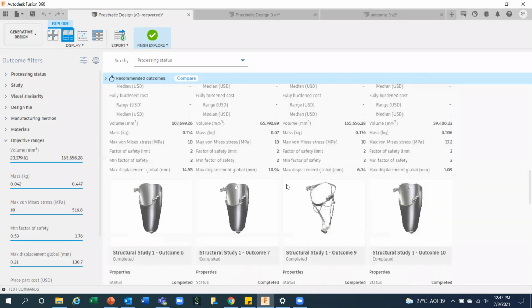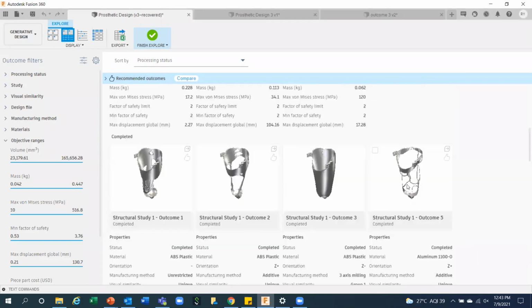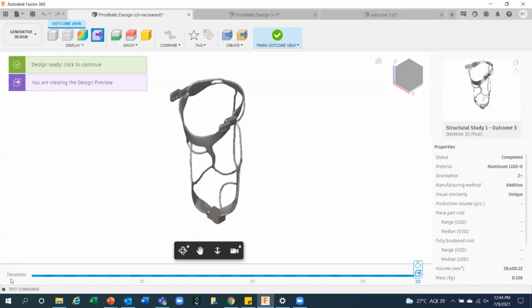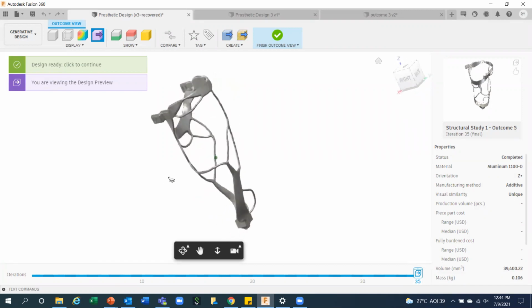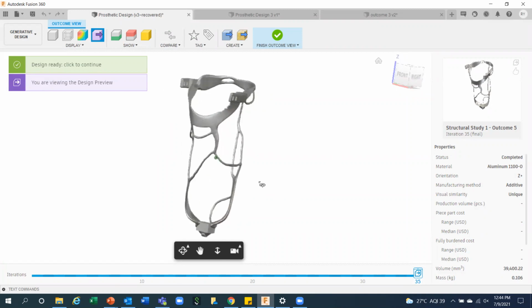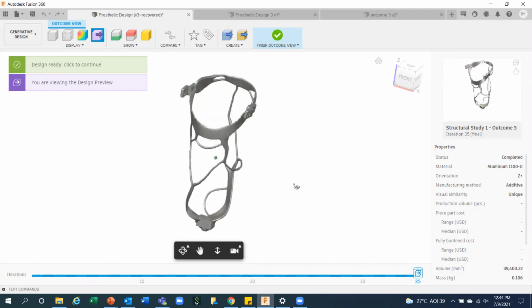Now, at any time you want to explore any of the designs, let's say I'm going to click this. Just click on any outcome. It will show you the overall design view. And testing has already been done in this part. I'll show you the analysis results also. You can see the bottom line, iterations 0 to 35. To reach this stage, it took 35 iterations. This is the design the software has suggested for 3D additive manufacturing, 3D printing. Can you see that?